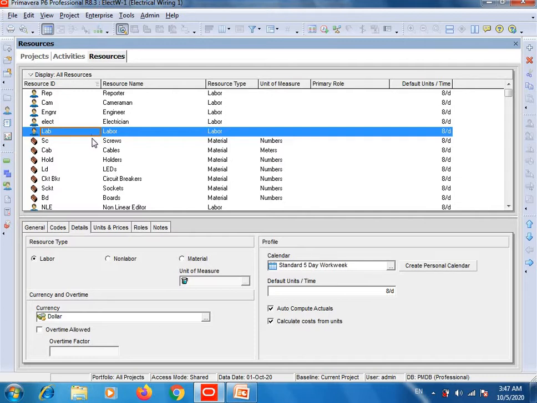Later in this video you will learn how I adjust the number of laborers, engineers and managers. But first let me show you how to add resources. For example, I want to add a manager. There may be one manager involved in this project. So how do you do the entry of a manager? On the right side of your screen, click on this add icon.